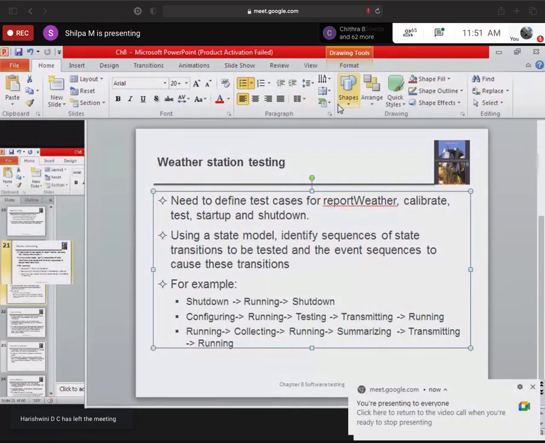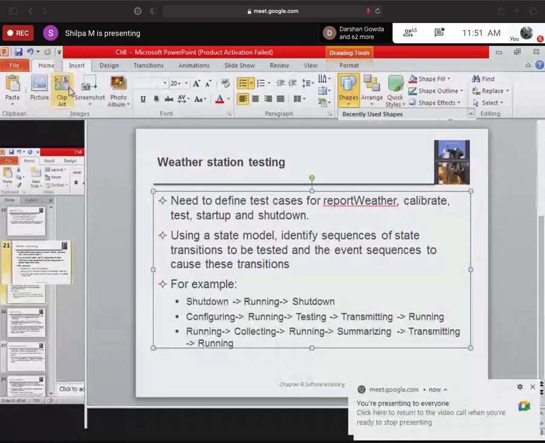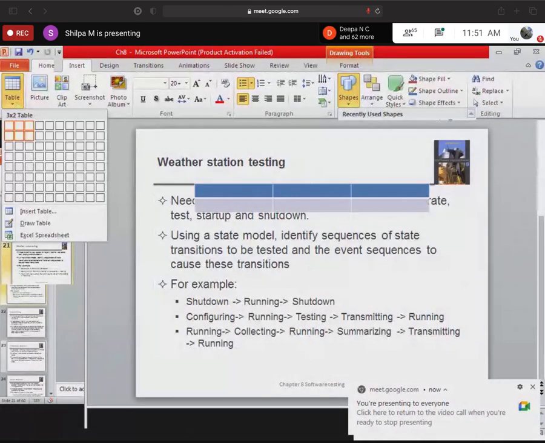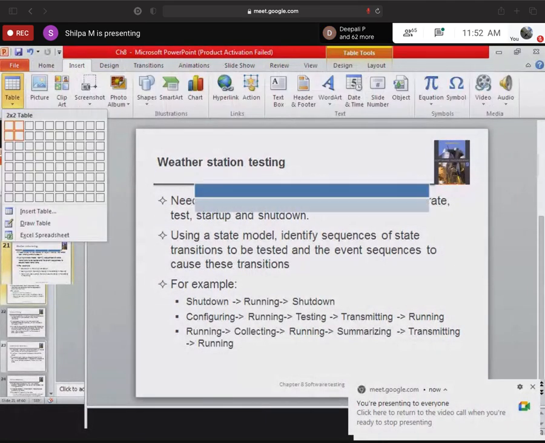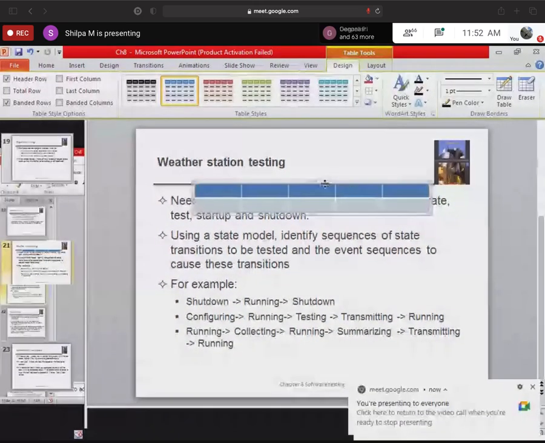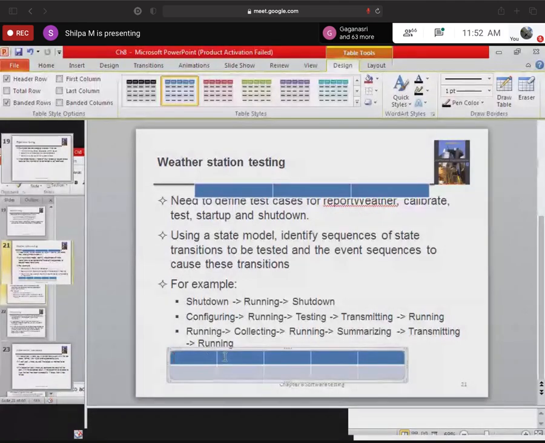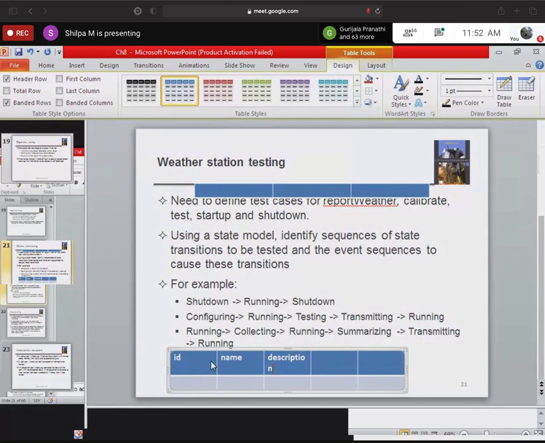It will have a test case ID and the test case name, description, input, and expected output.